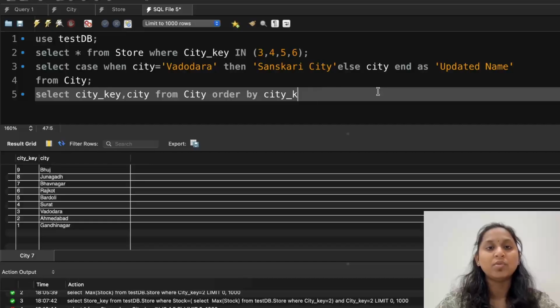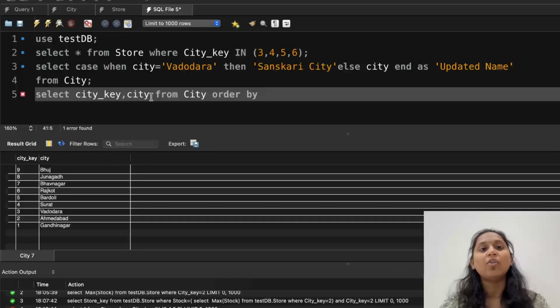My question is different. My question says I want to create a sorting, but here sorting in a form where A is not the first priority. What will be the first priority is my R. What is the second priority? B. What is the third priority? C. Why? Because after the R it will consider B, because B is the second priority, and after the B it will start from A. A, C, D. This way they alphabetically try to sort the result.